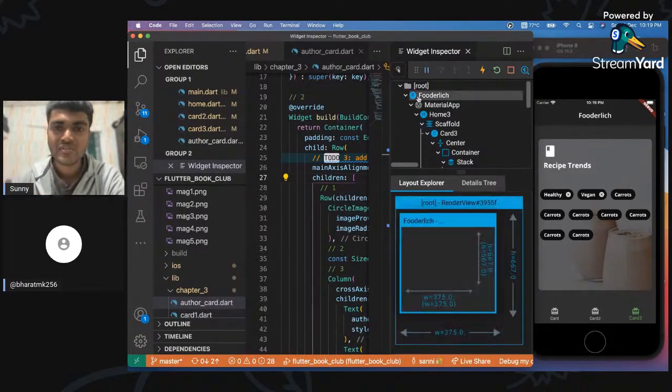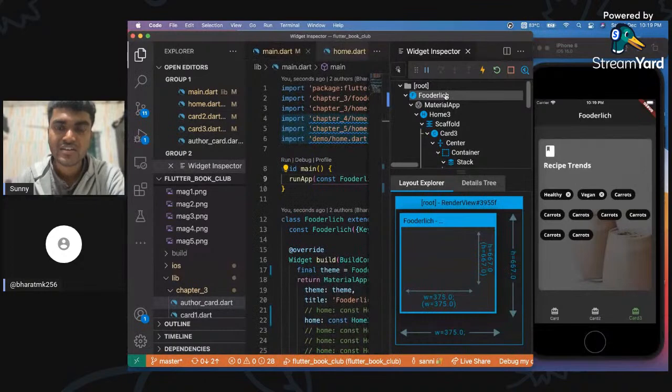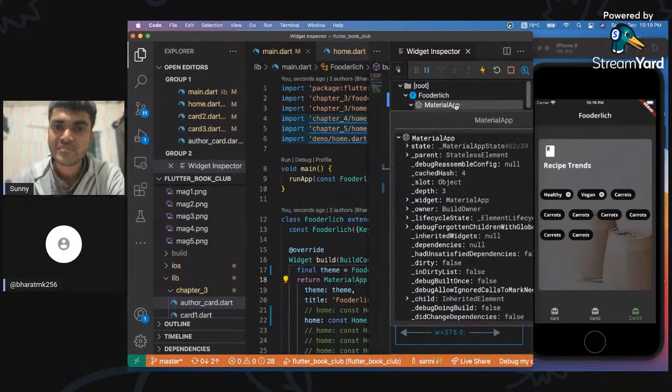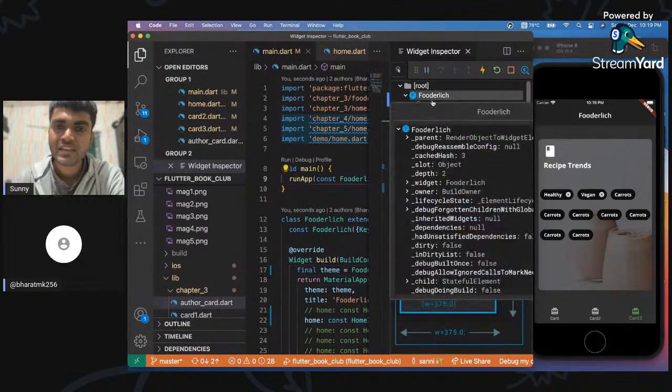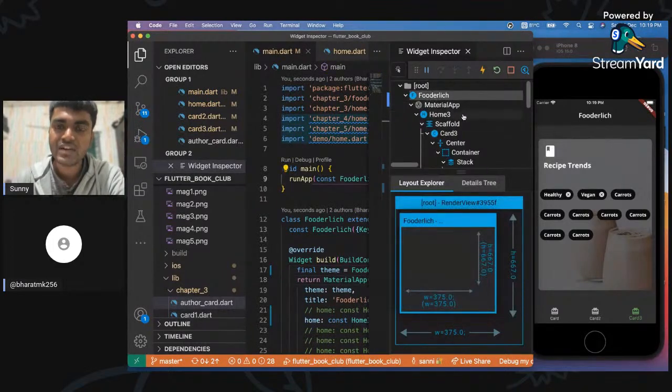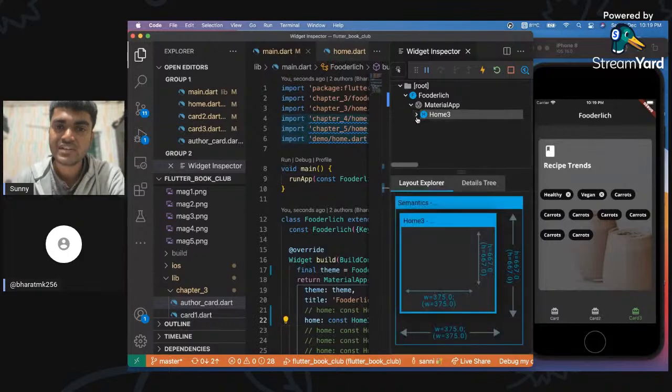The first widget that we have is MaterialApp, and after that we have a Scaffold,